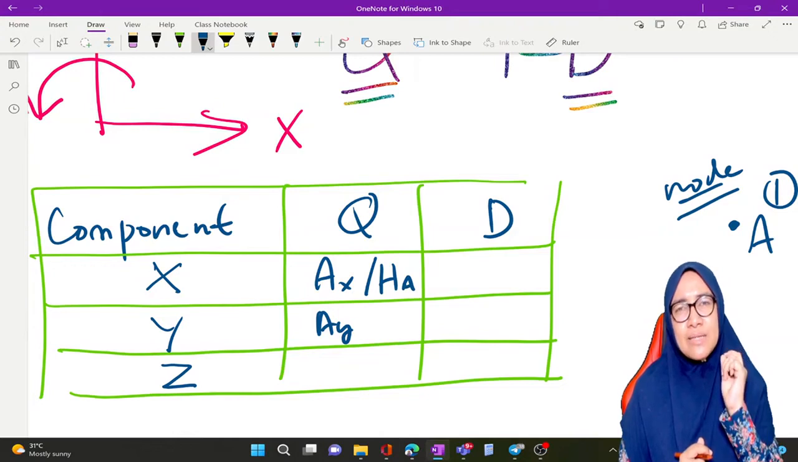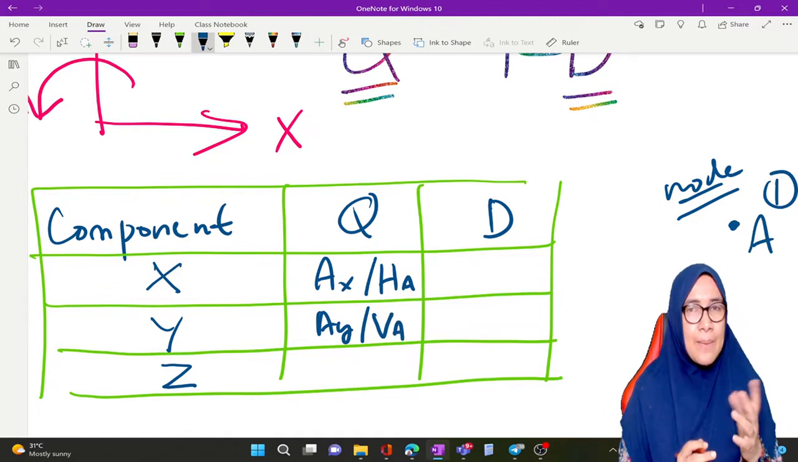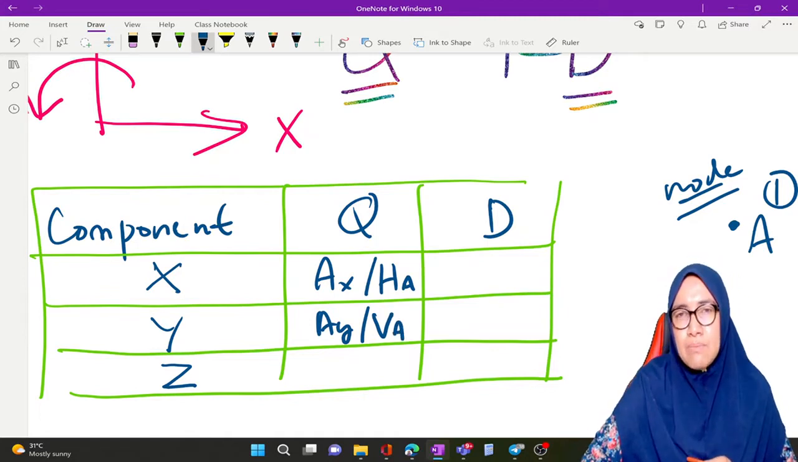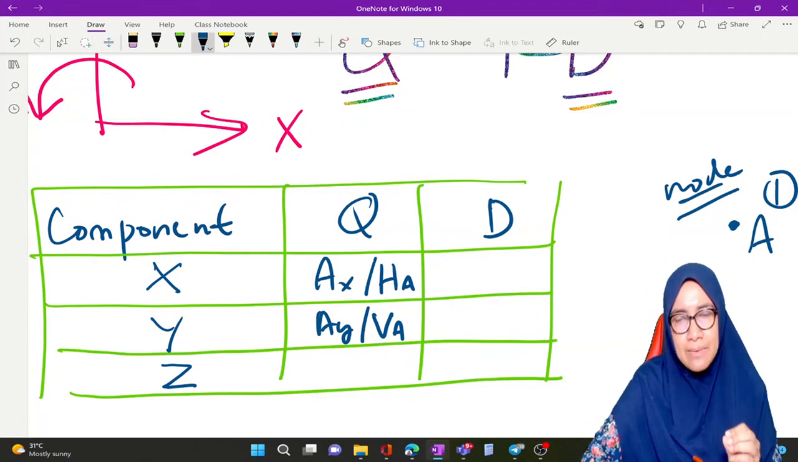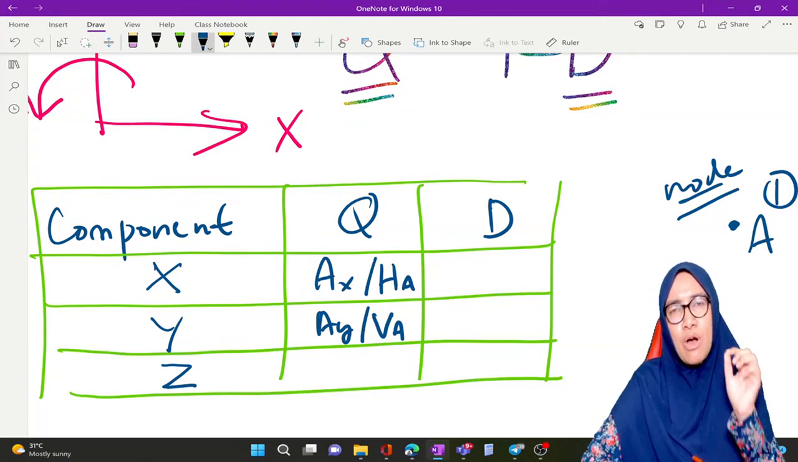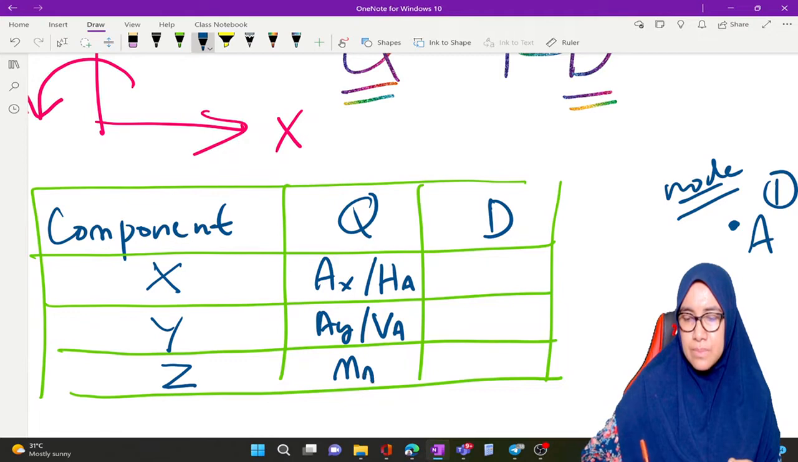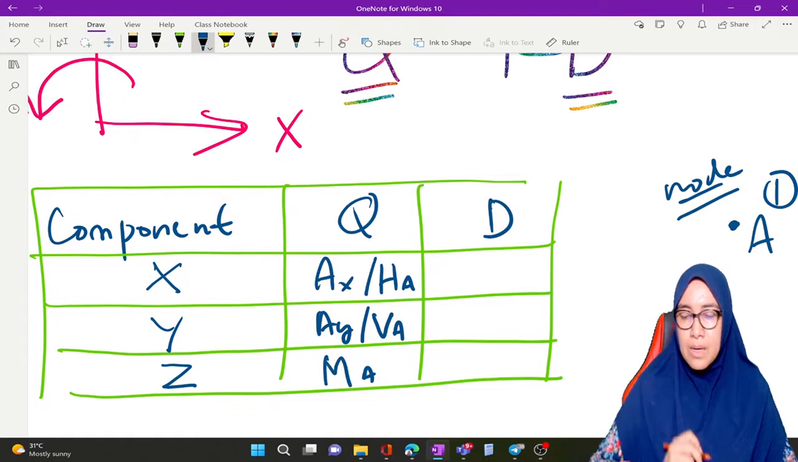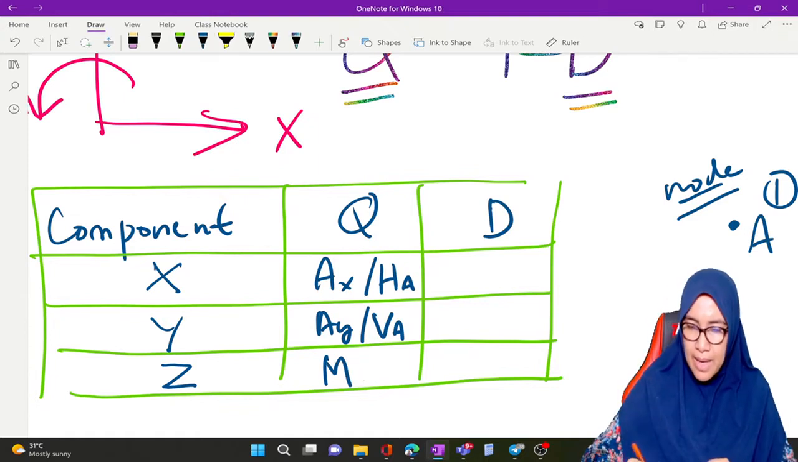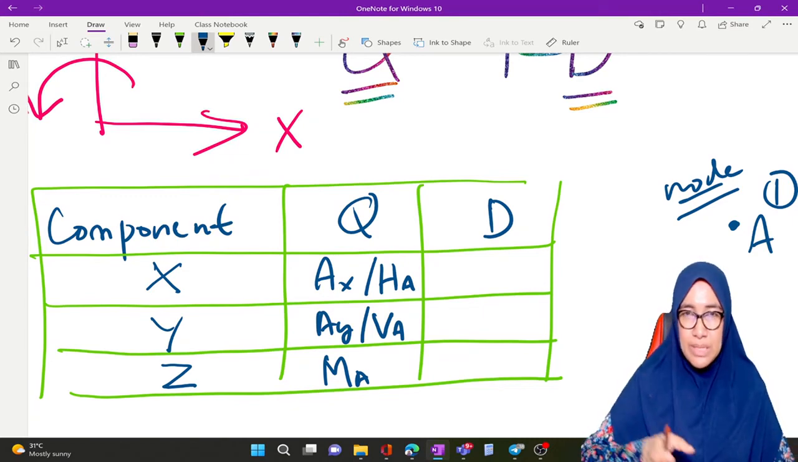Vertical reaction at A, sometimes we label as VA, but normally we label as AY, AX. And force in the component of Z is moment at A. It is capital M, moment. Moment at A. So these are